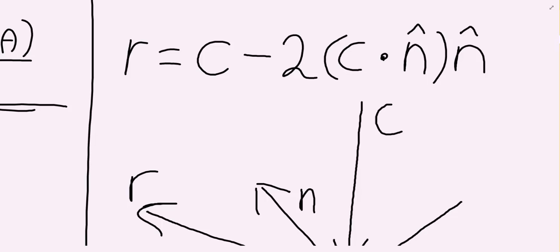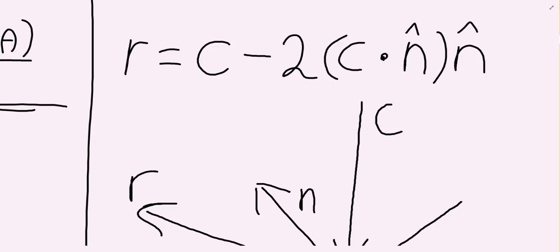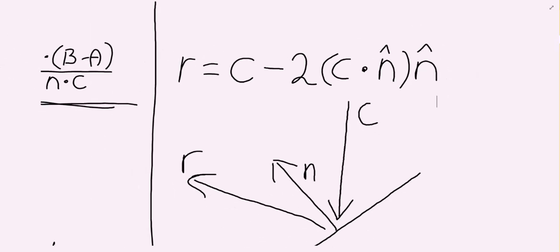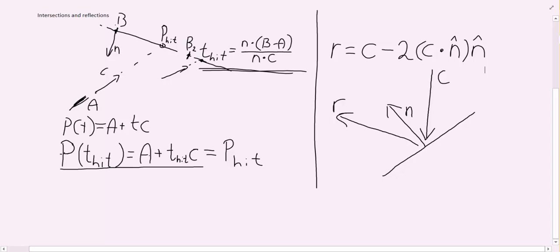Or this would be the same thing as saying this whole thing here divided by n dot n if we want, seeing as n dot n is the length of the vector n squared, and we have two instances of n here, so we need to divide by the vector squared. So either have the vector normalized beforehand or divide by the dot product of n and n, or the dot product of n with itself. So it could look like this if you don't have a normalized vector already, or you could say if you're absolutely sure that n is a unit vector before you go in here, or you normalize it beforehand, then the formula can look like this. So here we have our formulas, the intersection and the reflection,